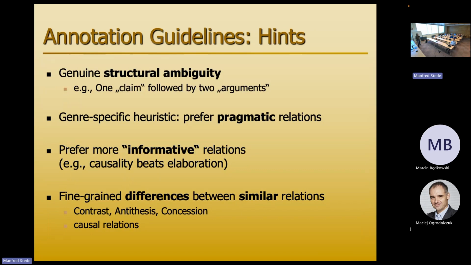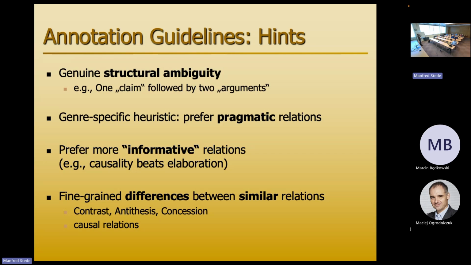Last part of the guidelines after these relation definitions is some hints what to do in cases of doubt. The first one is, in the presence of structural ambiguity, we give some hint what to prefer. So this is a constellation that we actually find quite often in our text. Tomorrow there will be great weather. The radio said so, and my gut feeling is the same. So I have two pieces of evidence supporting my main claim.